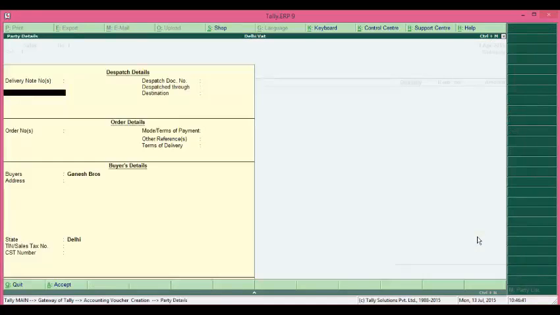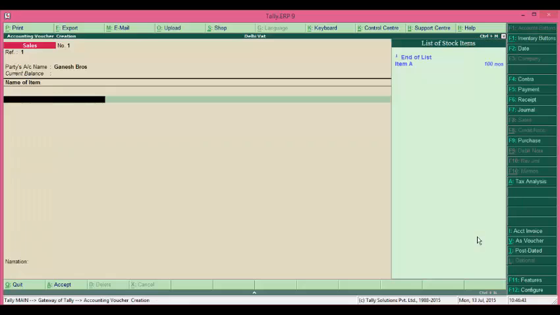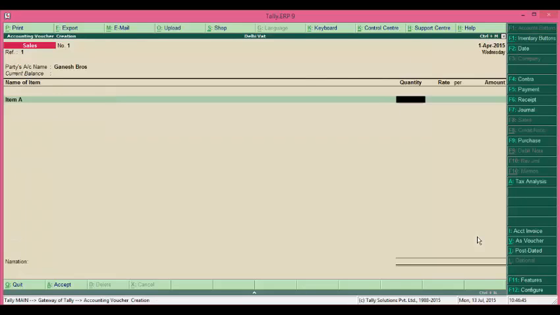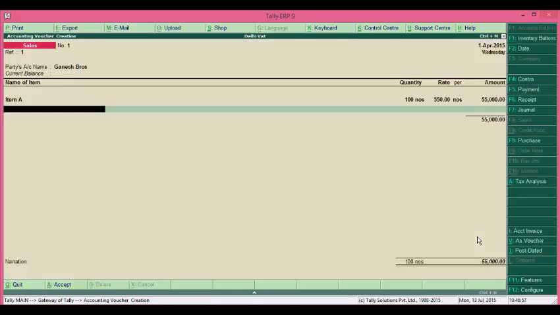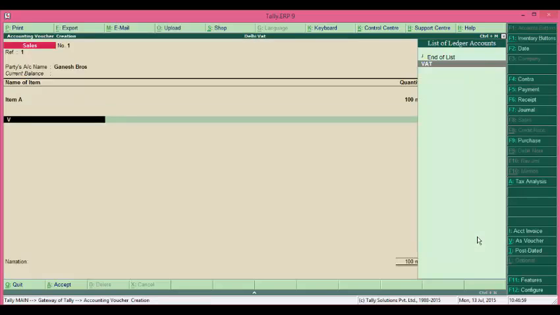You have to select an item invoice by pressing Alt I. Select the item. So if I'm selling 100 at the rate of 550, I select the VAT ledger.